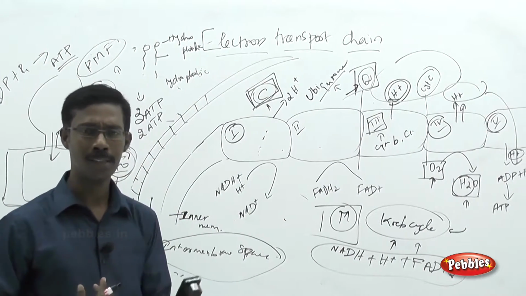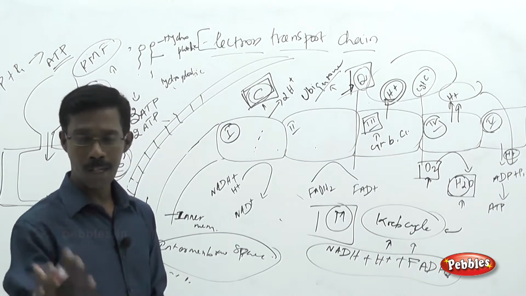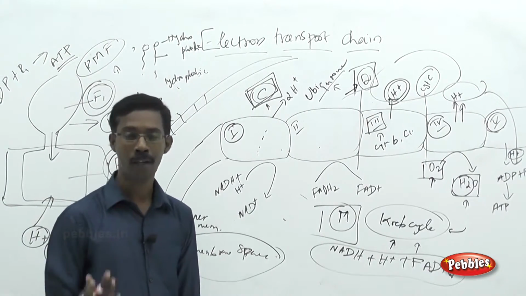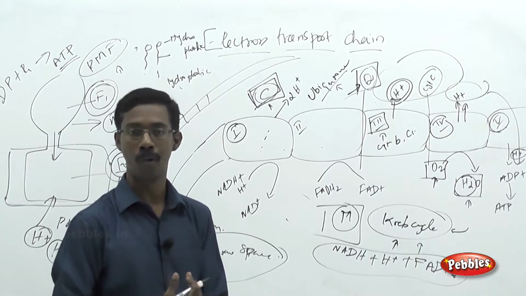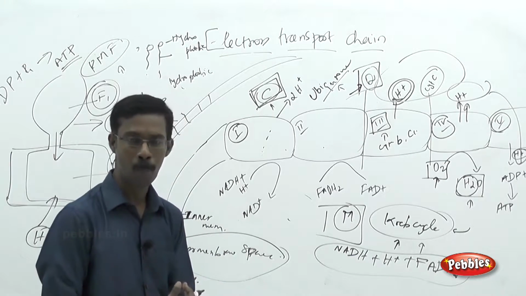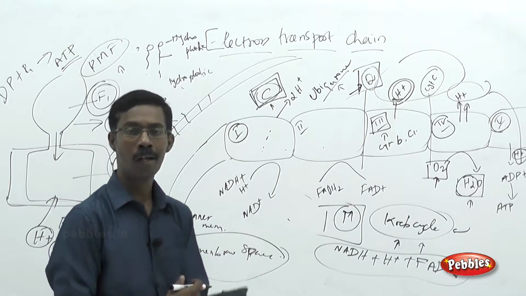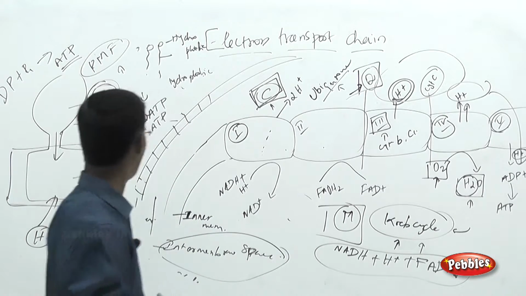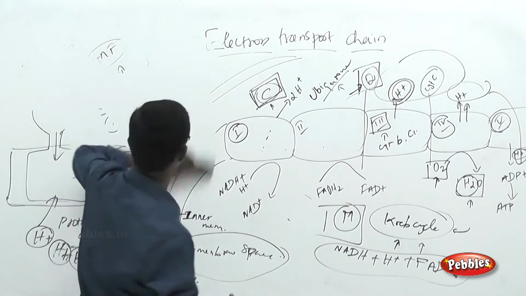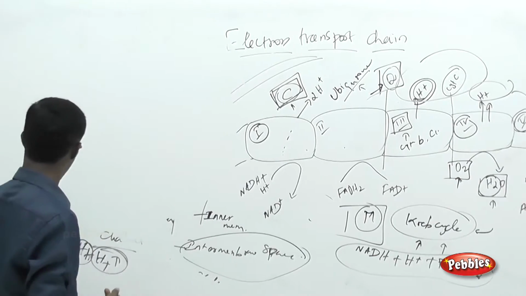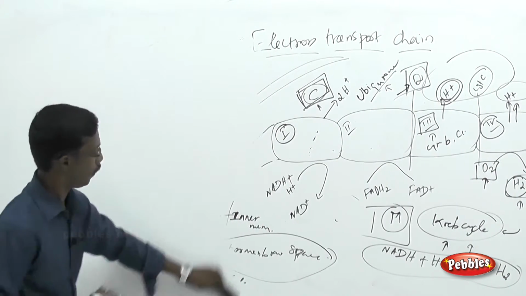Now we are going to discuss the amount of energy produced from each and every glucose molecule. Approximate amount of energy. Why am I using the term approximate? Because we cannot say that in each and every step. As I told you, what we have seen till now in respiration, we have started off with